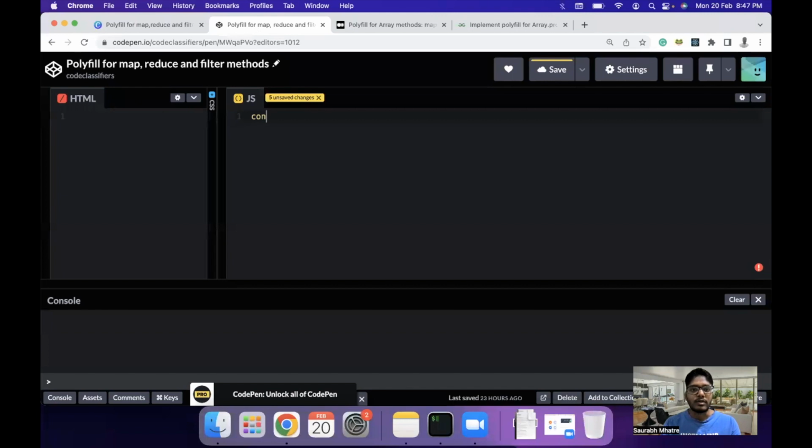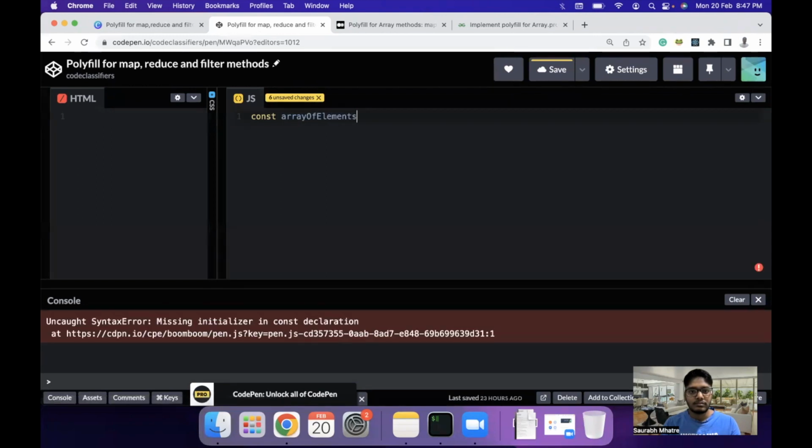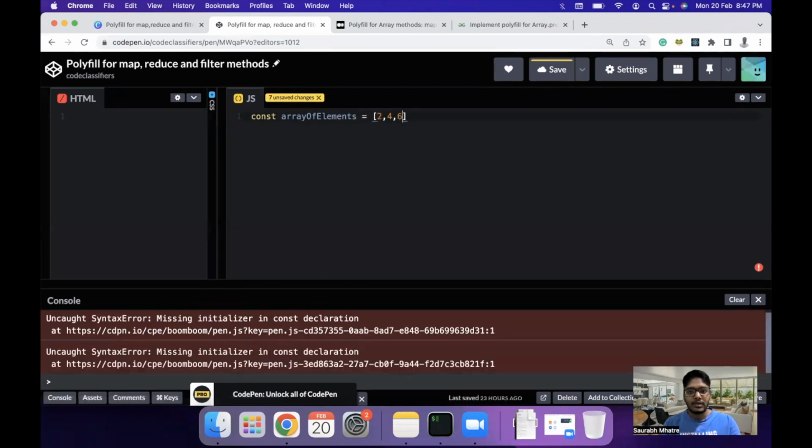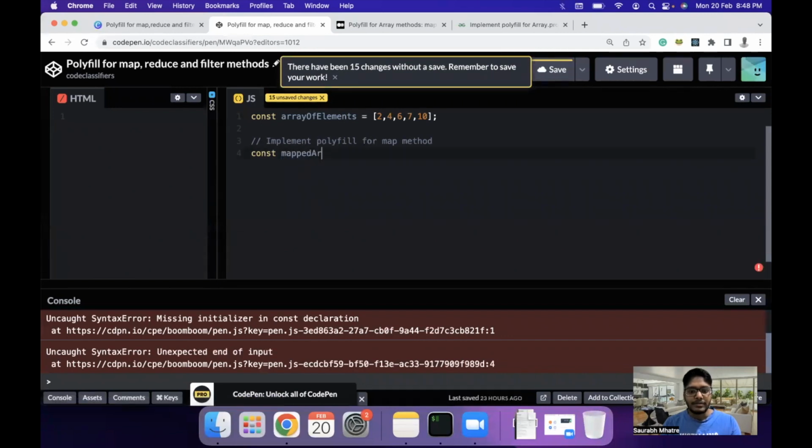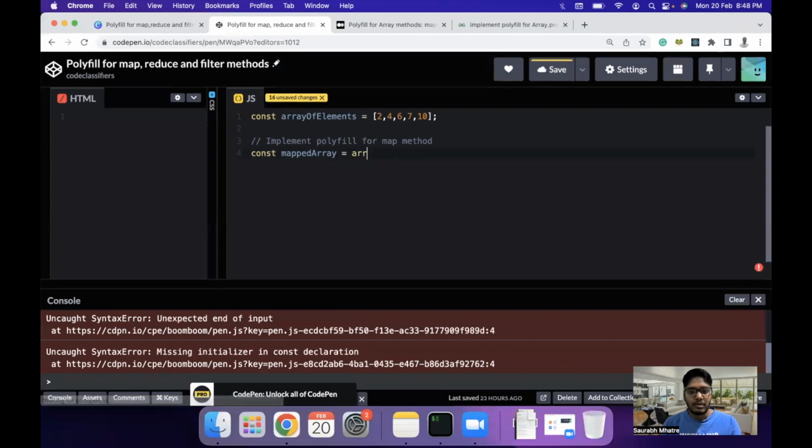So let's just say we have a const called array of elements with some numeric values, any random values. And let's just say we are supposed to implement a polyfill for the map method. In this case, the first thing we can do is try to understand how the map method intuitively works for an array of numbers. So for that, let's create const new array, or mapped array, is equal to array of elements